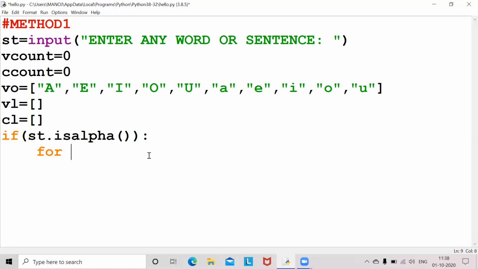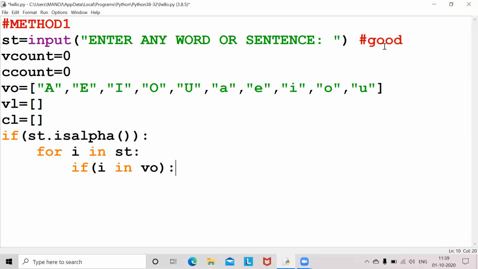Now I'm writing for i in st. I'm passing the string in the for loop. Say I take the string good. Within the for loop I'll check if i in v naught.